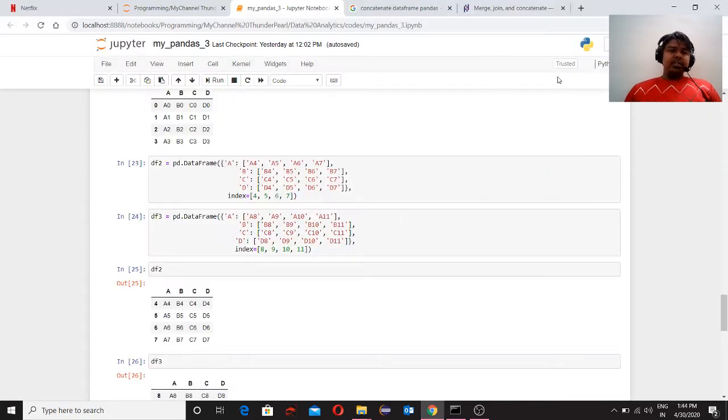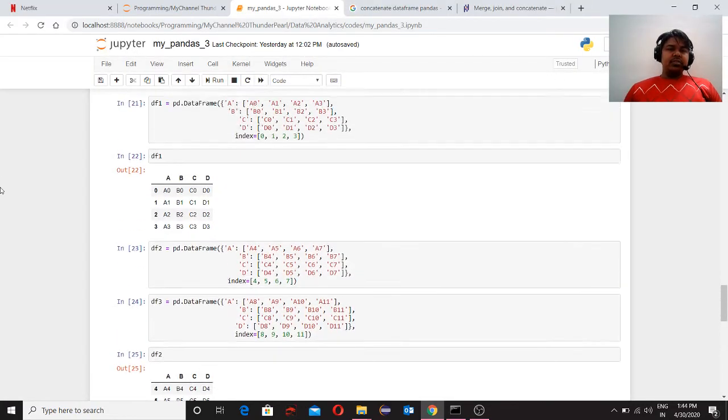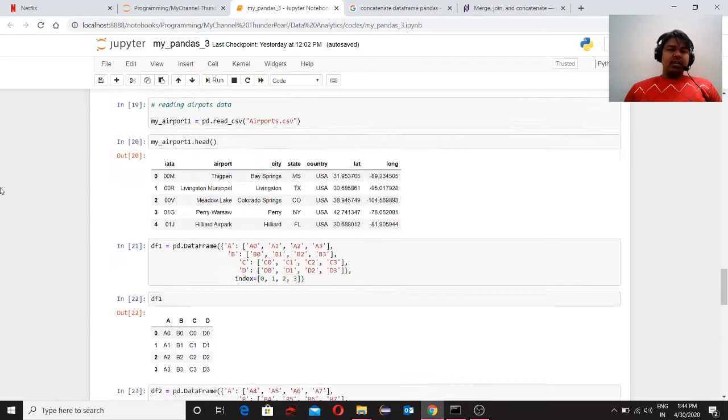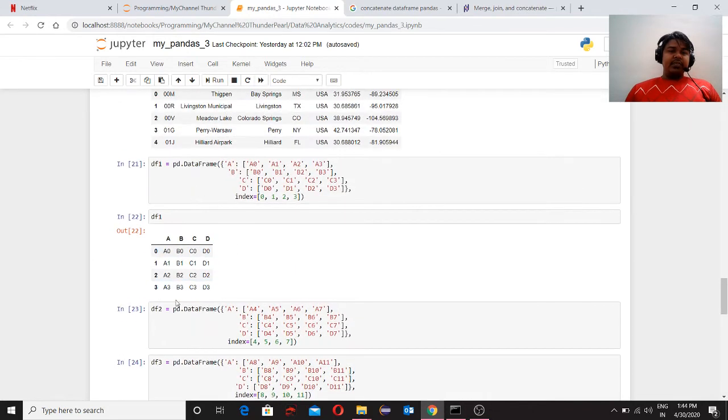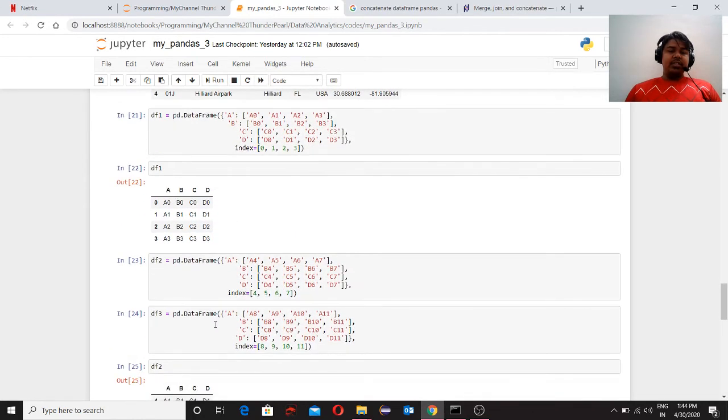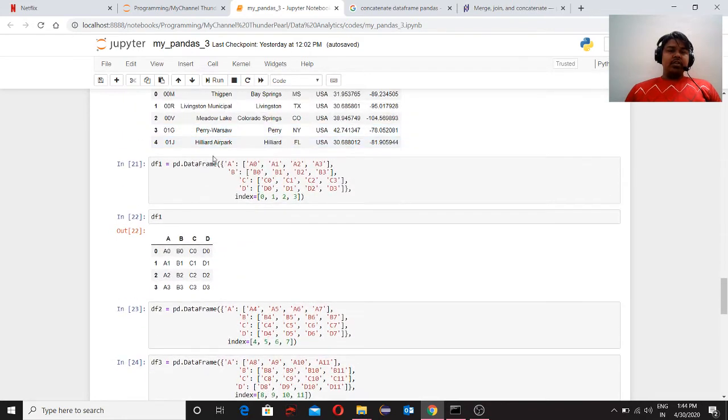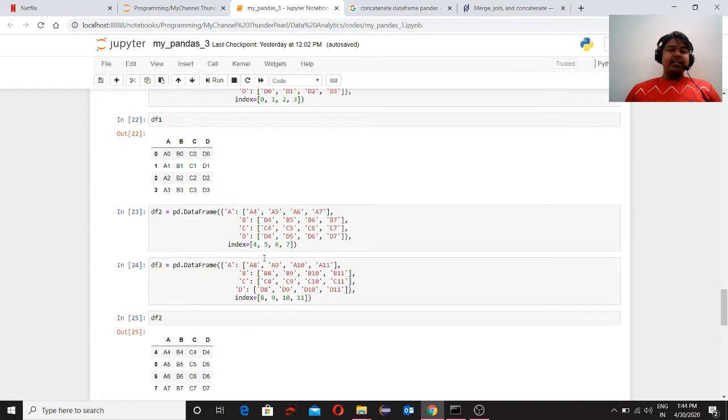Last time we did some of the concatenation work on these things. We created a few of our own custom data frames, like df1, df2, and df3. We gave the header names as A, B, C, D in all three data frames.